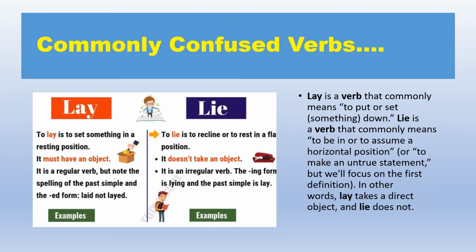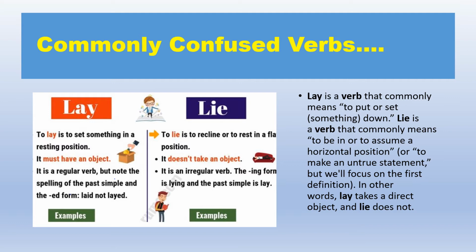Alright class, now we're going to look at the verbs lay and lie, which are also very confusing. The difference between the verbs lay and lie is one of English's most confusing questions because both words involve something or someone in a horizontal position, but where the two words deviate has to do with who or what is horizontal. For example, the subject of the verb, the one doing the action, or the direct object, the person or thing being acted upon. Now, when to use lay and when to use lie.